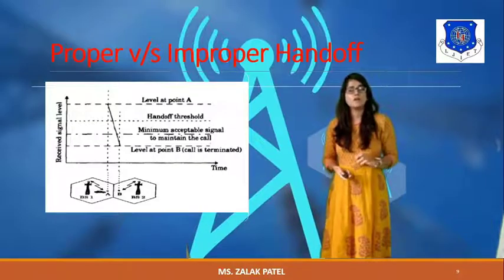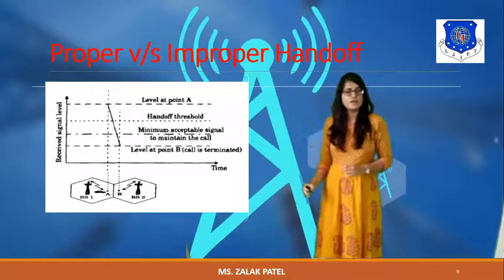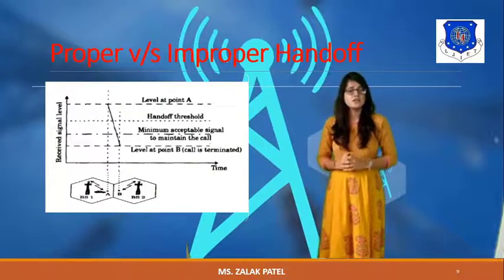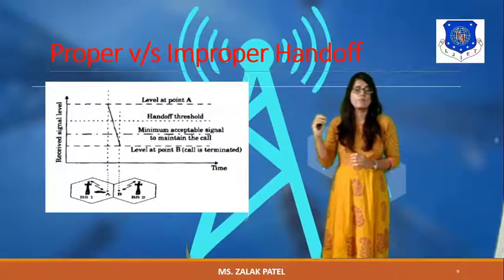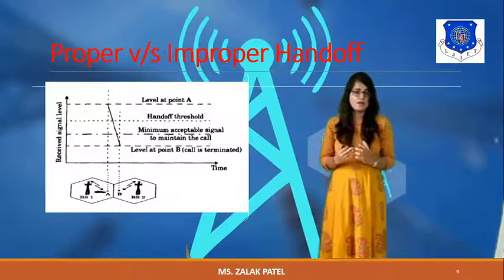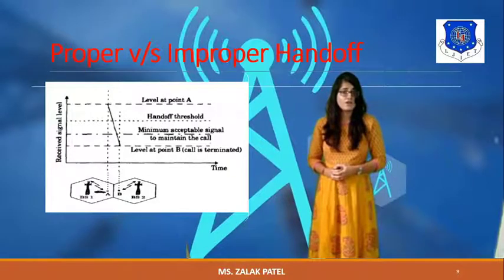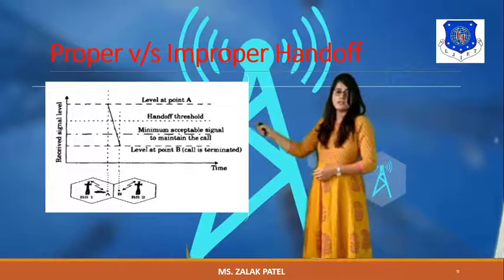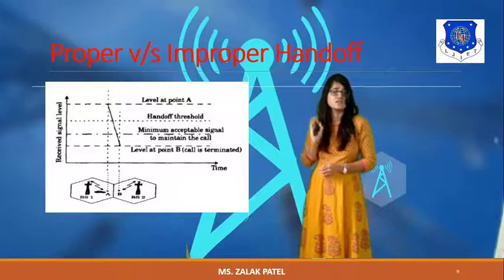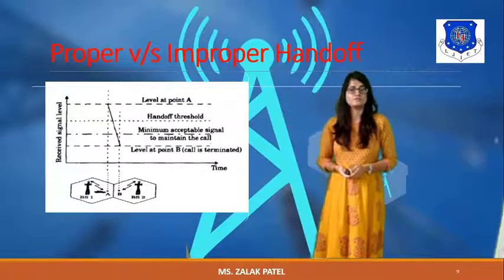In the case of improper handoff, you can note that the signal is completely dropped because of the delta value. Delta is basically the received signal strength minus the applied radio signal strength. So if the received signal strength is less compared to the applied, then it is an improper handoff case, and you can see in this figure that the signal strength is completely reduced, meaning no handoff will occur in the case of improper handoff.